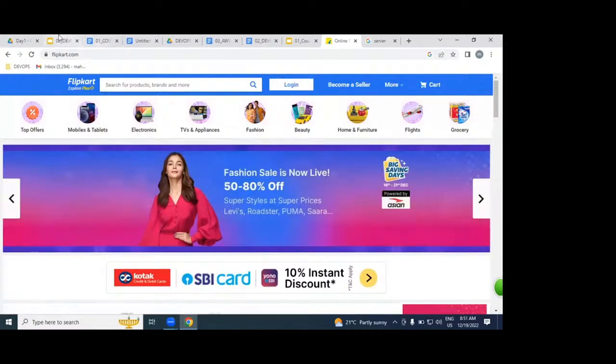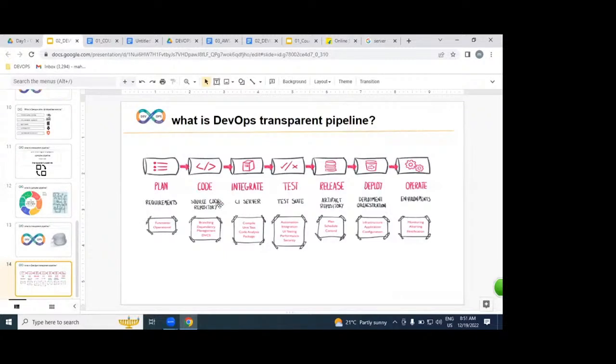Got it very clearly? What is the DevOps process? DevOps is a process that you implement from the dev environment and that ends with operation. That means we are part of the dev environment, integration, testing, release, development, and operation. We implement DevOps as an automated, transparent pipeline.